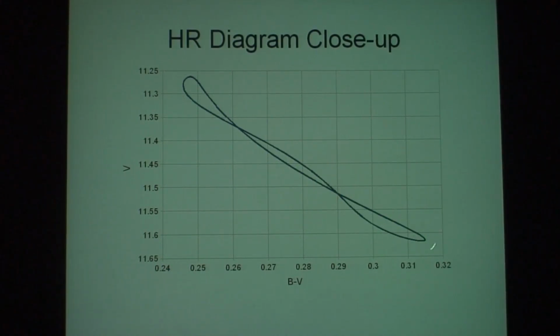But the point is, down here it's redder and fainter. It gets bluer and brighter, redder and fainter, and it just keeps going. This is what it does on the HR diagram through its period every quarter day. So we know if it's getting bluer, it's getting hotter, so it must be getting brighter. Ha! Maybe we've solved our whole problem here. 0.315 is its reddest, and 0.245 is its bluest.